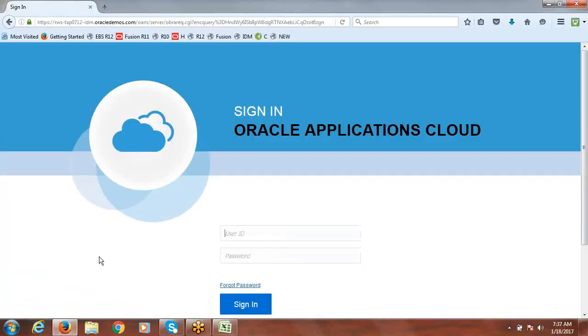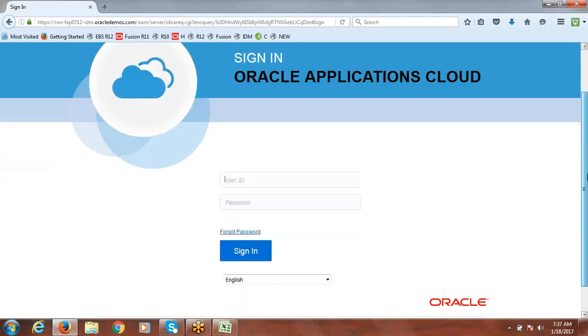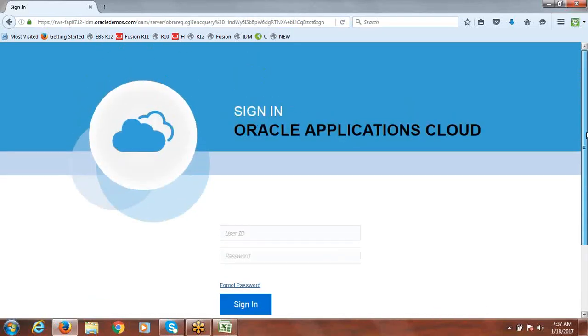It may take some time, because when Oracle takes this instance down and brings it back up, whatever changes are pending may get synchronized and it may work. We'll see if it is working. Again, we can see in this environment whatever setups we did, but this is the process. Hope you got the point. Okay, setups and the process, we're able to see that. But of course, setups we did for one user, and the process we did with another user, since there is some SOA related issue. That's the only point you have to understand.